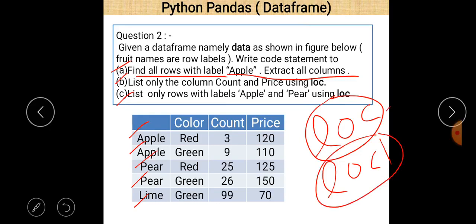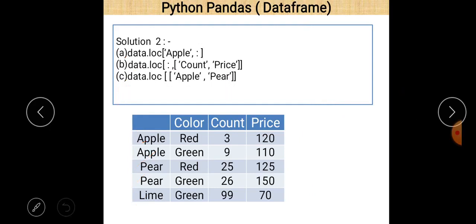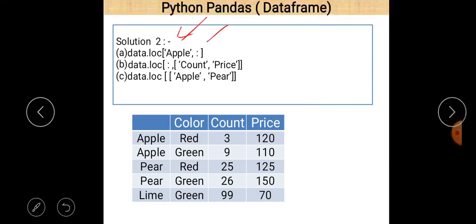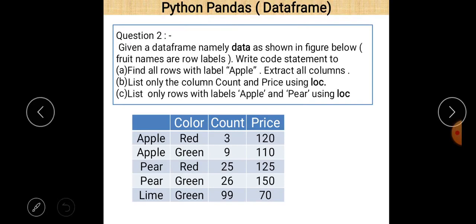So that is the basic difference between LOC and ILOC. So let us see the output again. First of all, the first value should be given as a row value, and the second value given as a column value, and both of them can be separated by a colon sign, and rows and columns values are separated by a comma sign here.